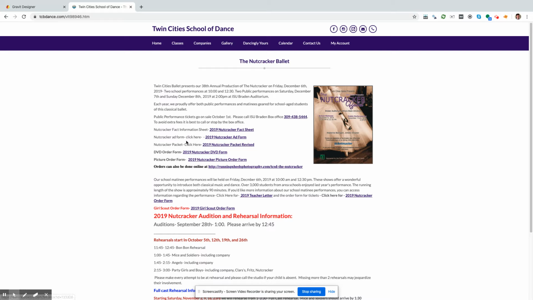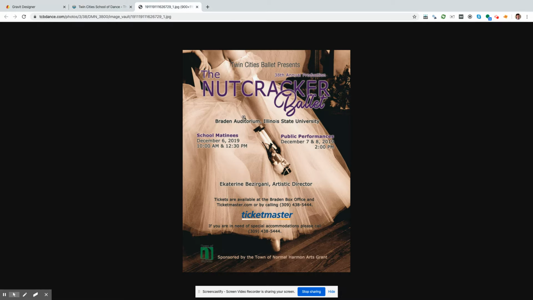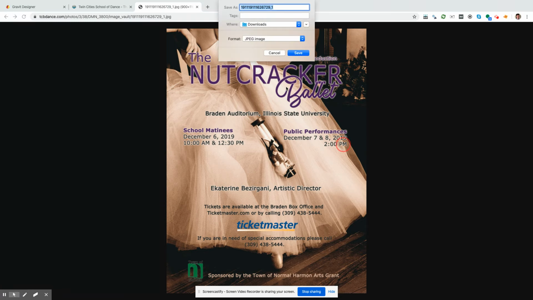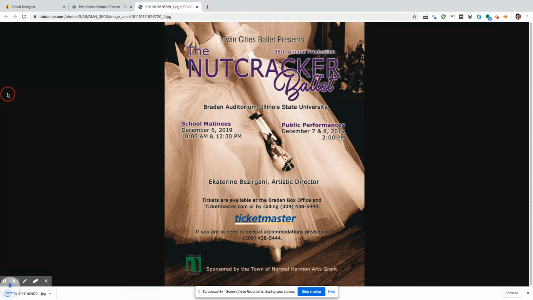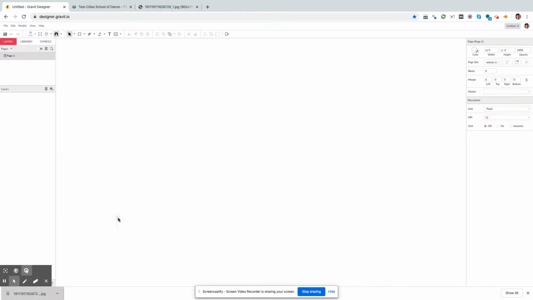First of all, let me see if I can get a bigger image of it. No, I don't see anything like that. Let me see if I open a new page, if it comes up bigger. It is bigger. This is perfect. It's actually much bigger. So I'm going to get this picture to start with so that I can reimagine it. I'm going to use a tool called Gravit,